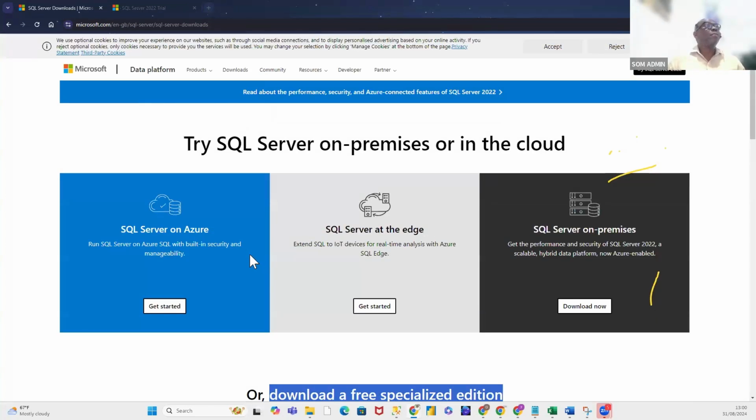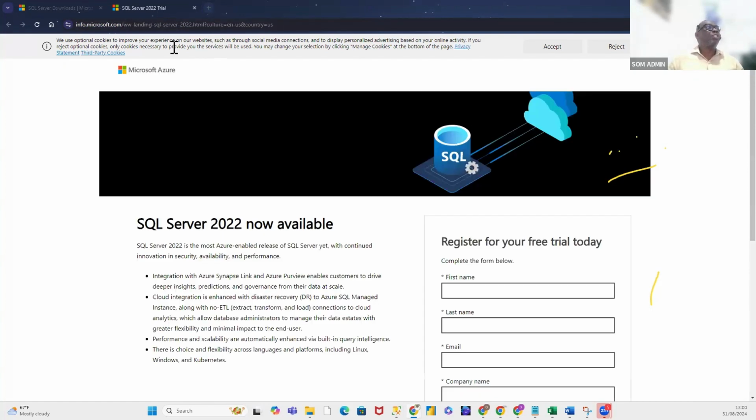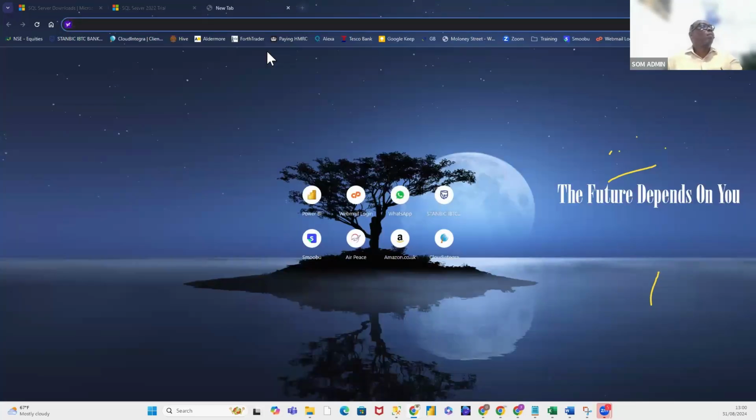Once you have downloaded that, there's still one more that you need to download, because this is just the database engine. For you to be able to access that software, you still need another software that will connect to it, and that is, come in here again,